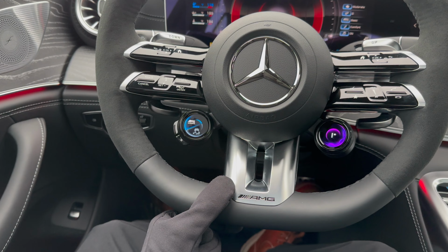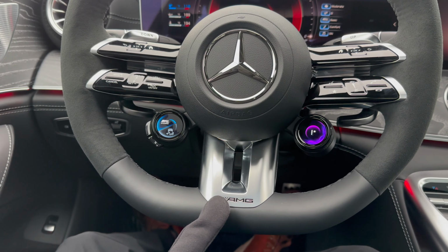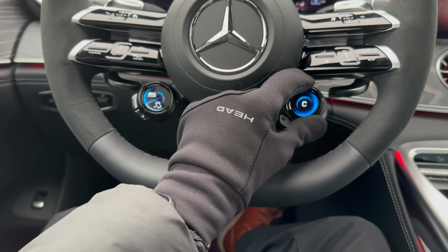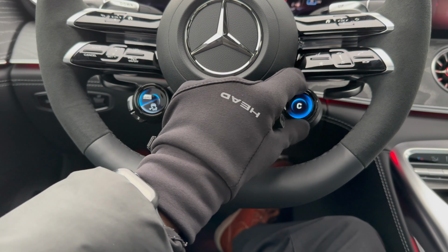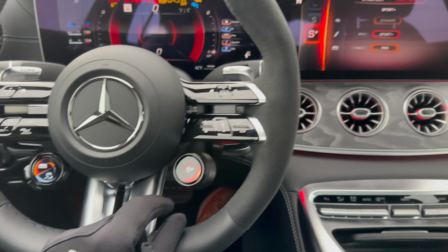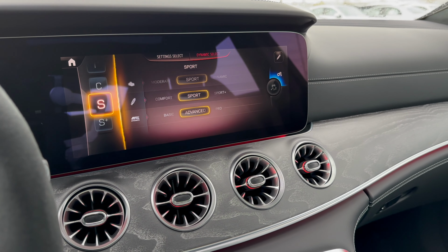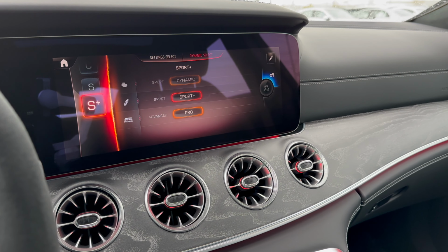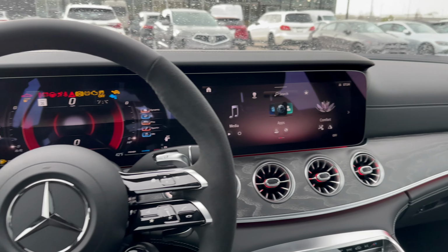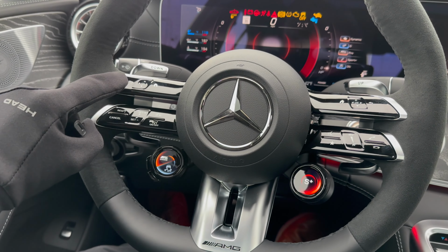Night package. Right here we have the flat bottom design steering wheel with the AMG branding right here, and these are your drive units. Allow you to select your dynamic select options from individual mode, comfort, sport, and the sport plus mode, which adjusts the AMG dynamics as well as the suspension and drive dynamics to give you a very sporty as well as a comfortable drive experience if you prefer in